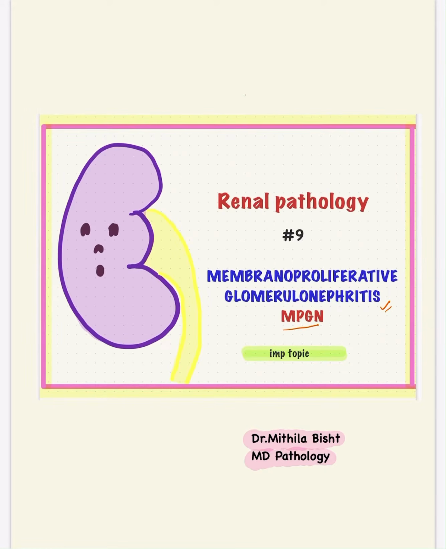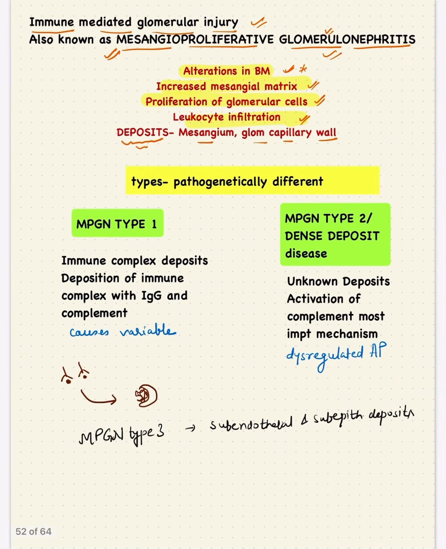Hello and welcome everyone. I'm continuing with the renal pathology and the topic is membranoproliferative glomerulonephritis. It is also known as mesangial-proliferative glomerulonephritis, and in this there is basically immune mediated glomerular injury, and this is not a single disease entity. There are various causes which can lead to MPGN, and in all those diseases, when MPGN is manifested, it will